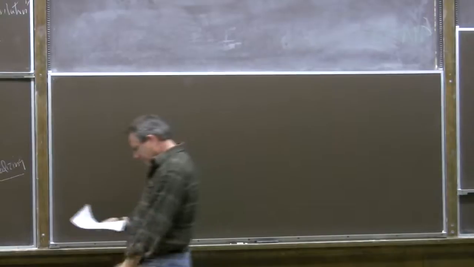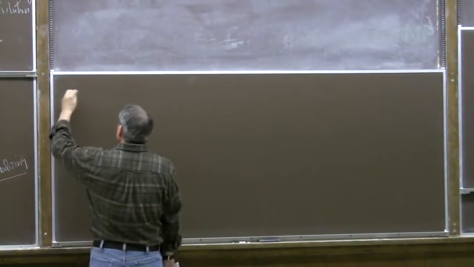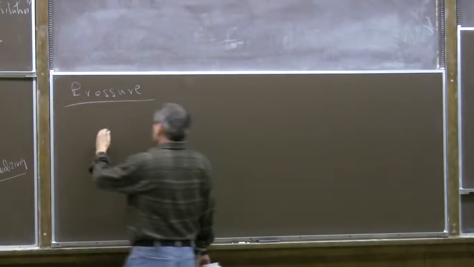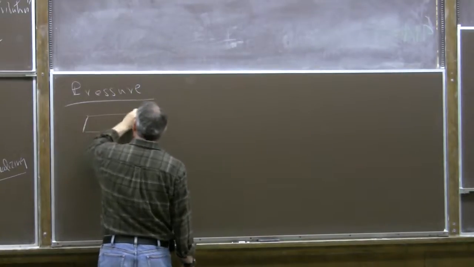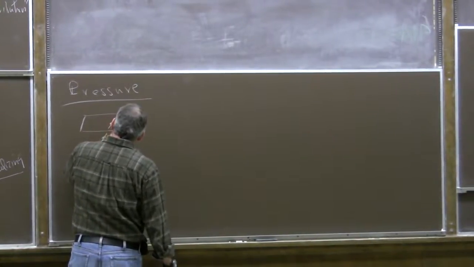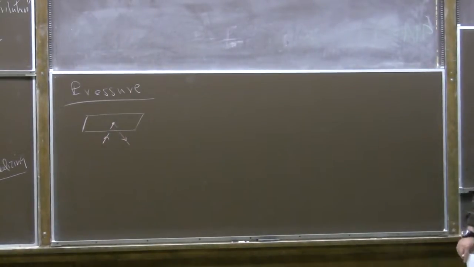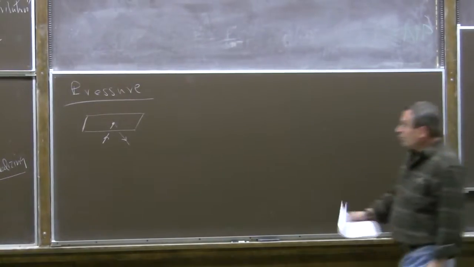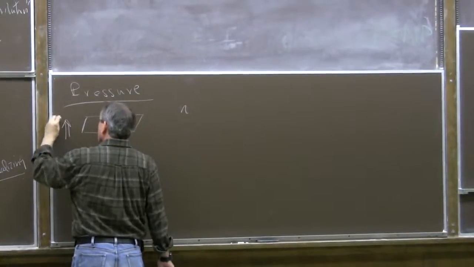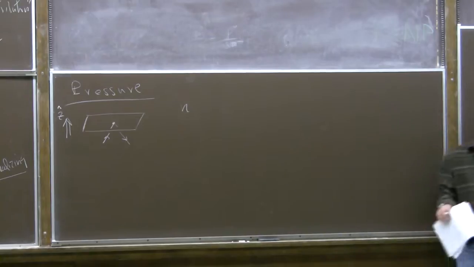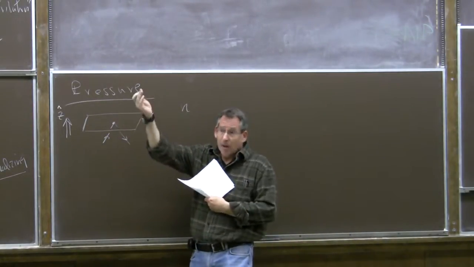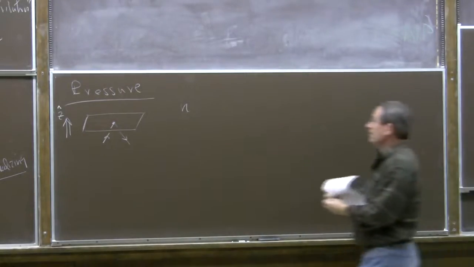Now, a story which I think you've seen before, but it's fun, so we'll briefly revisit it, is how we understand pressure from the point of view of kinetic theory in an ideal gas. So we have gas in a box, and we look at one of the walls of the box, and we consider the collisions of the molecules with that wall. If we have a density n of particles, let's say this is the z direction, and I'm looking at the wall which is normal to the z direction, then half the particles will be moving up and half will be moving down. So if I'm interested in the rate at which particles are bumping into the wall, I only consider the upward flux, which means I'll consider half of the density of particles,